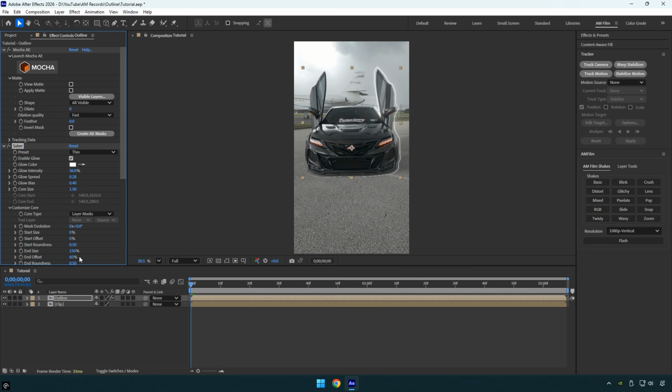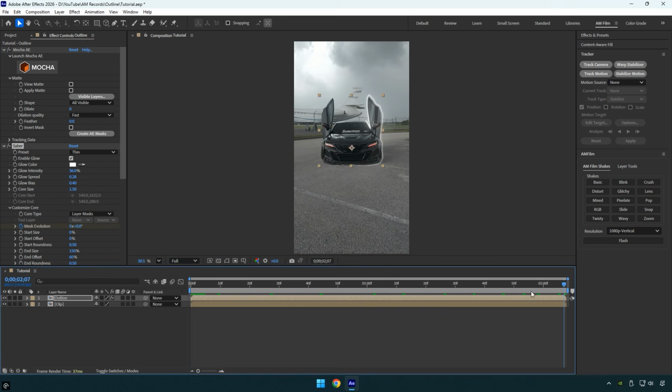Now let's animate the Saber effect. Move to the beginning of the layer and click the Mask Evolution stopwatch to create a keyframe. Next, go to the end of the layer and change Mask Evolution to 1 time to create 1 full rotation